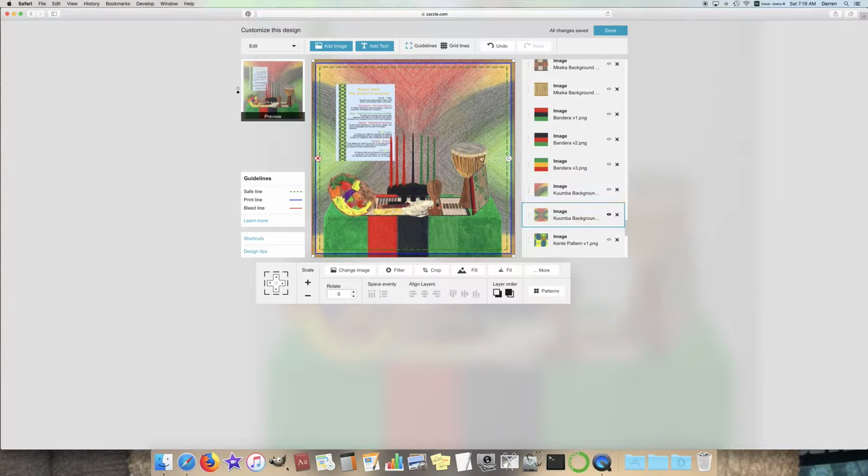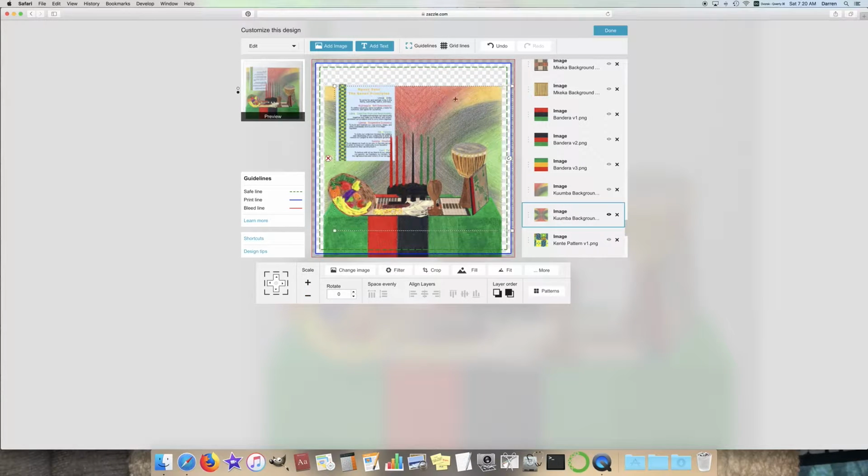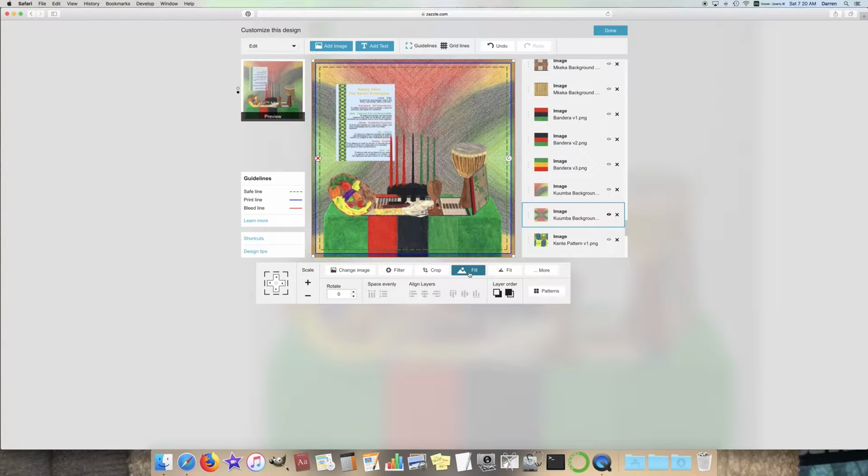And how you do that is as follows. So we have it here. Say for some reason it was not quite fully expanded, or it was a little bit off, or if it wasn't quite placed, you can just go to fill. That should expand it and center it. And that's one form. But let's say you shrink it down just a little bit. You could leave it unshrunk, but let's say you